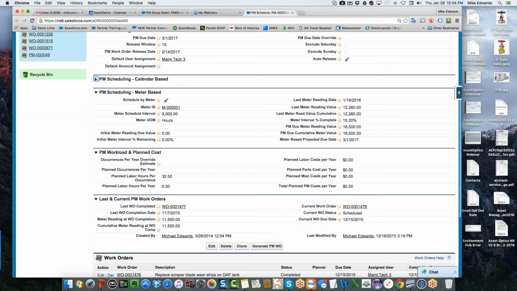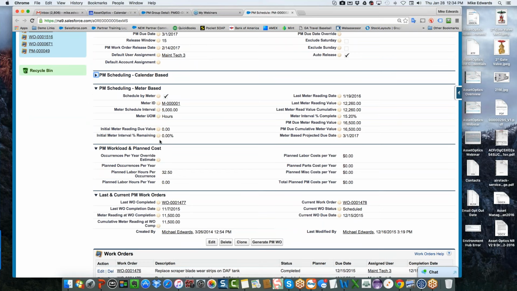Okay, we're going to collapse that calendar-based scheduling section. This is set up to schedule by meter. It's tied to this meter right here, and the last work order was done at 11,500 hours. Add the 5,000 to it. It comes up, says it's going to be due at